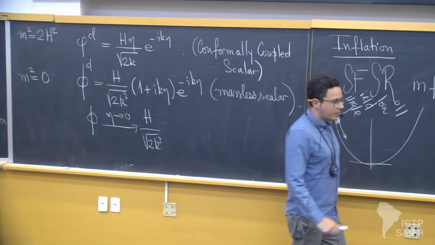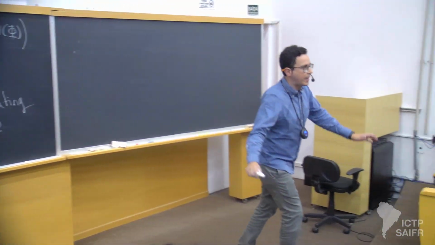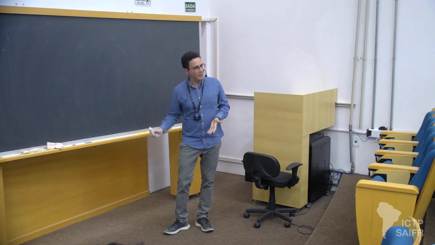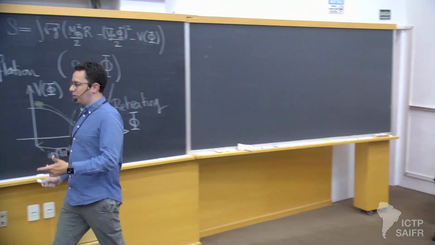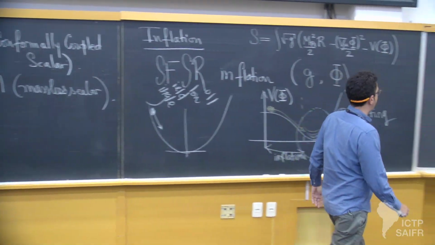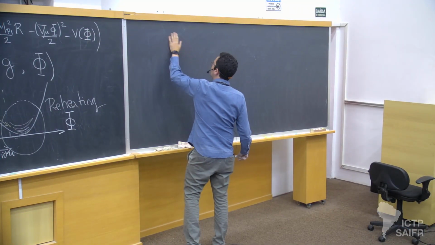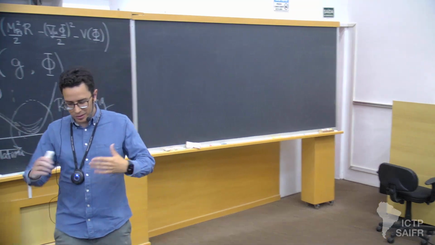there are all sorts of fantastic things that follow if this is our universe. The Hubble scale during inflation is 10 to the 14 GeV. I don't know if that means anything to you. That's like 100 billion times the energy scale of the LHC. Okay, so that's pretty cool. You're very close to the Planck scale. You could imagine looking for strings in the sky, all sorts of crazy things. And unfortunately, they did see a signal, but the signal was not primordial, it was galactic dust. So anyway,